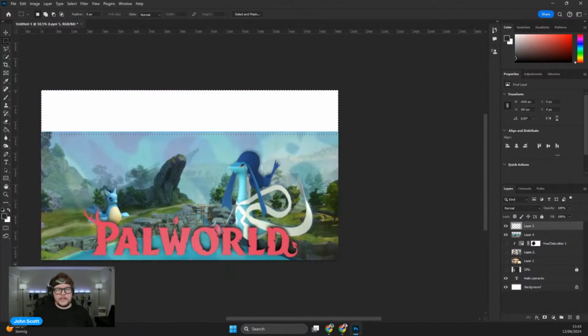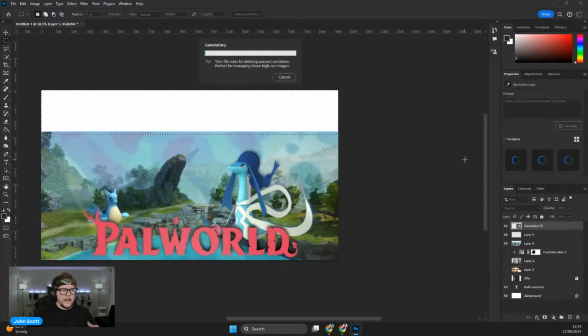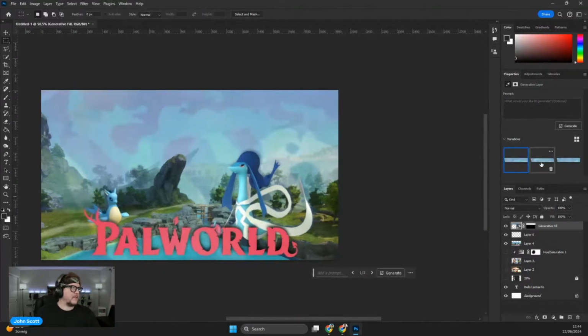And then I would just generative fill whatever we've got going on here. I'm not gonna specify what it is, but you could type in sky or clouds, or if you wanted something different up there. I would try to keep it fairly blank, like that's fine.